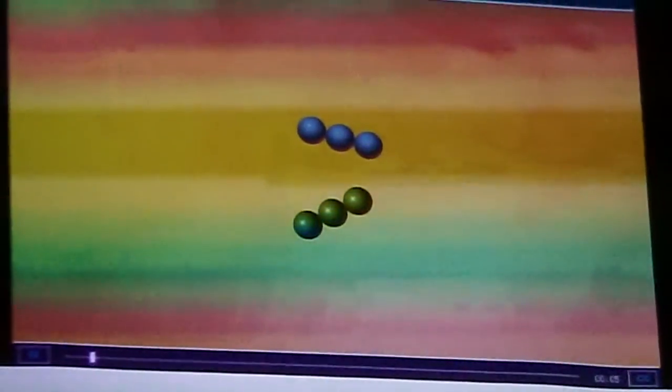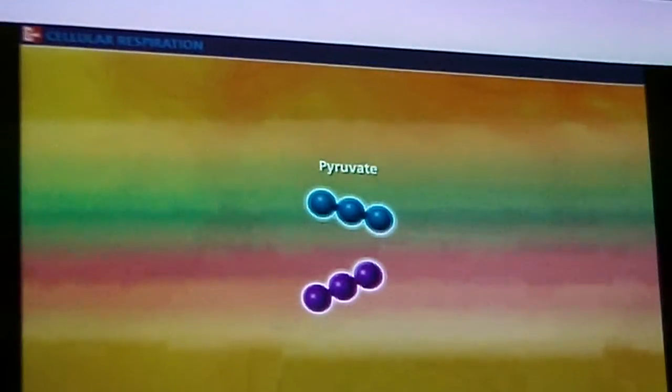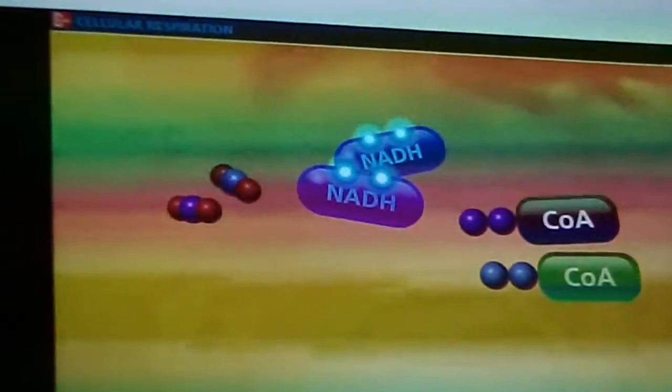The next stage of cellular respiration involves the movement of pyruvate into the mitochondria, where it undergoes oxidation. Each pyruvate molecule is converted into a compound called